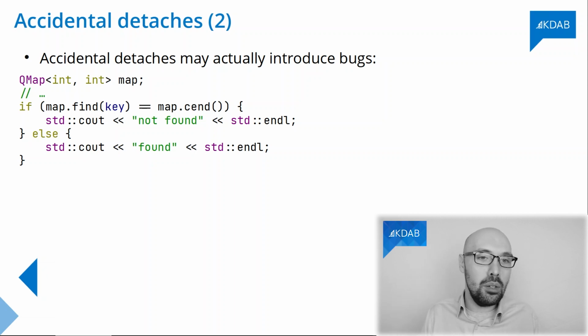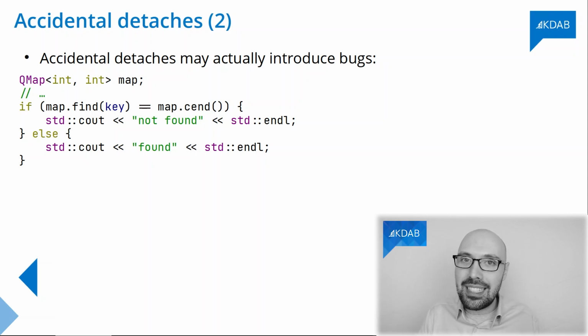And before you wonder, wait a second, why should the compiler do this? Well, let me tell you, C++ does not give you any specific ordering to these two operations on the two sides of an equal operator. Either side can go first. So this is a concrete possibility. Your compiler may call cend first and find second.